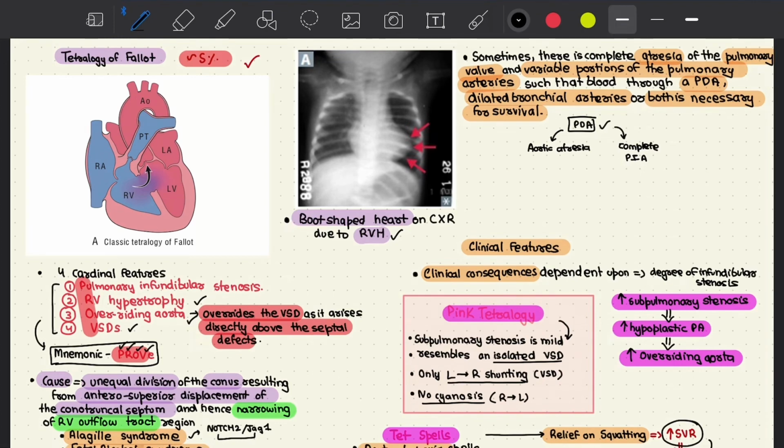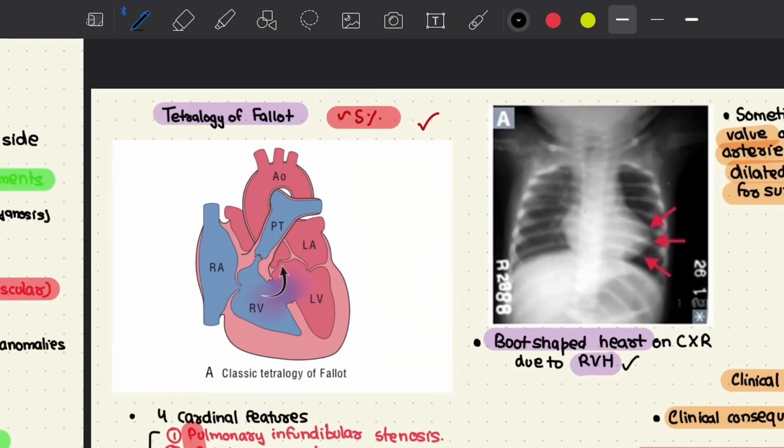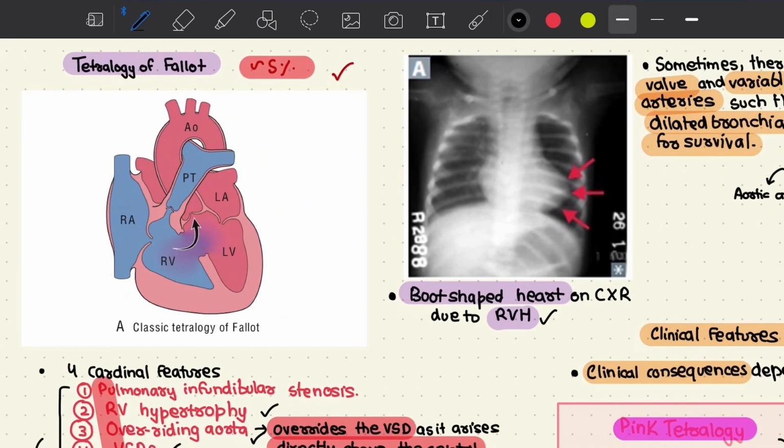The diseases in this group cause early cyanosis in the postnatal period, as discussed previously while discussing the clinical features of right to left shunt. Due to this reason, they are also known as cyanotic congenital heart disease. With an incidence of about 5% of all CHDs, tetralogy of Fallot is the most common in this group.